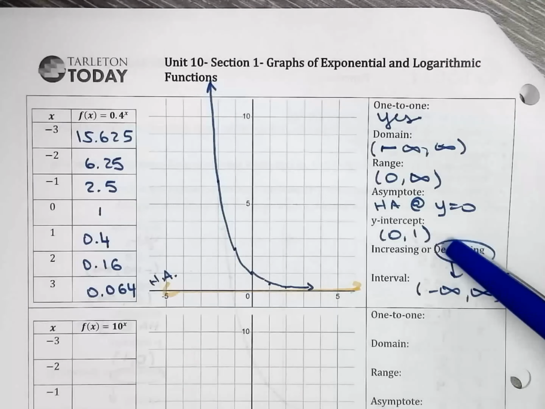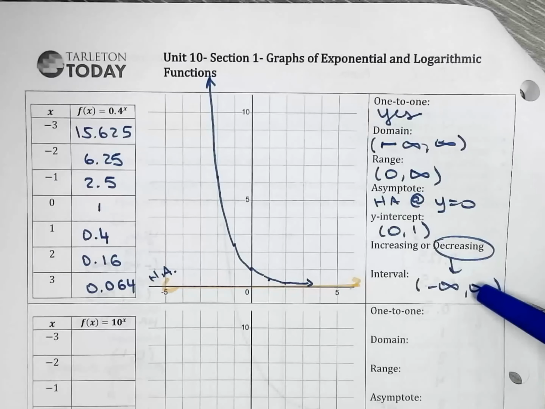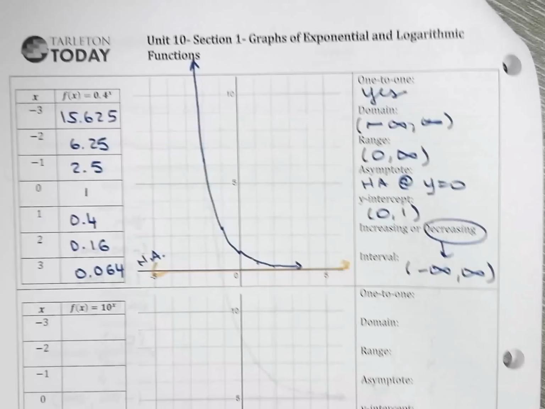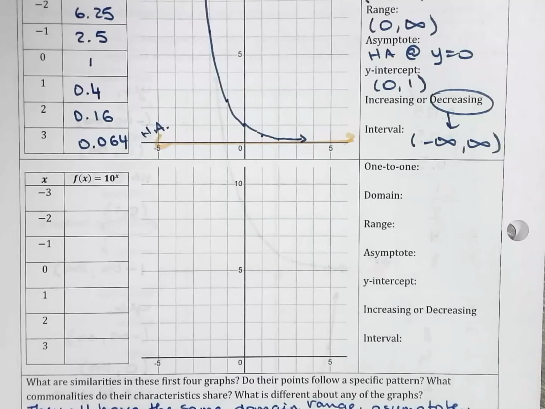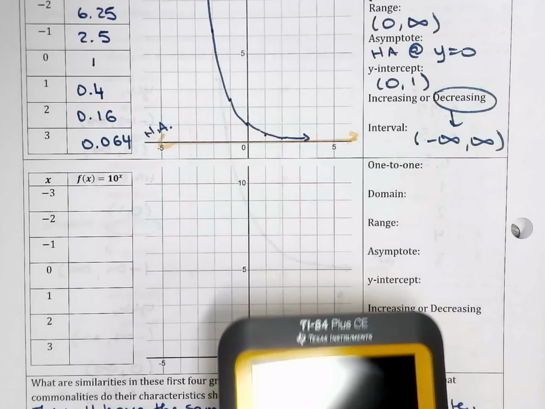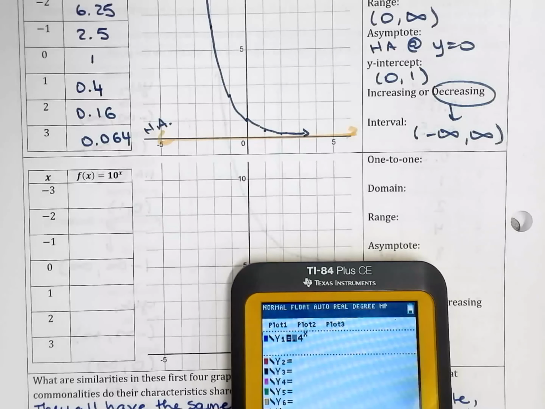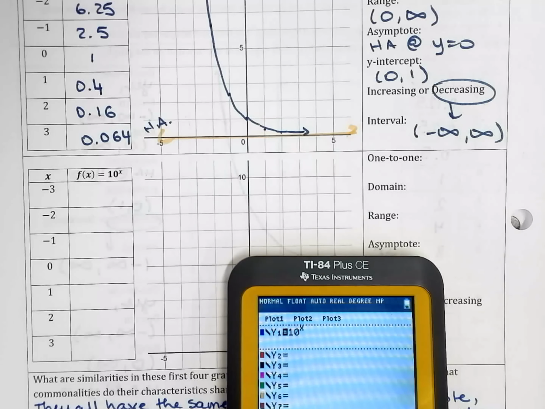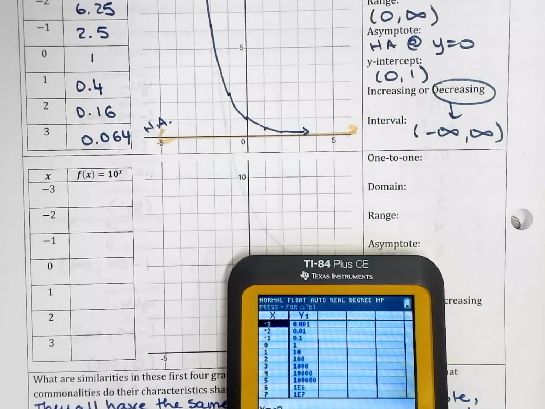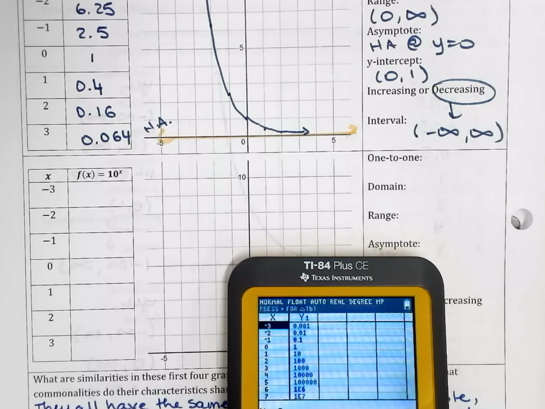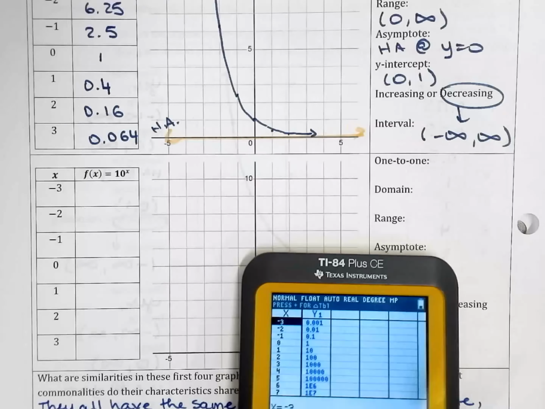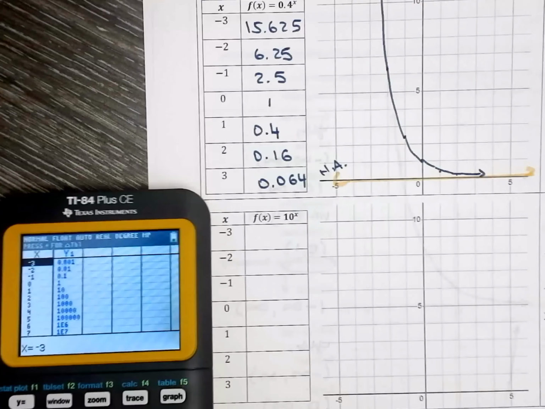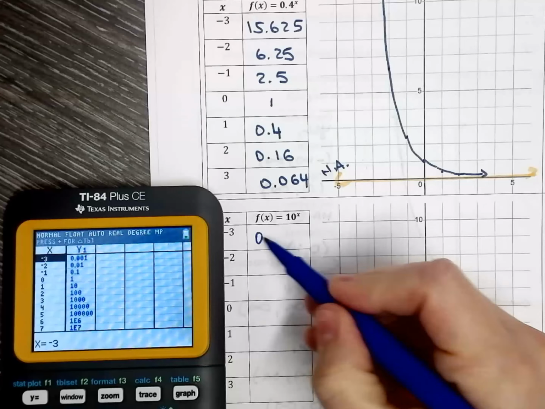The previous video we finished this third example right here. This is page 2, and we're going to work on the fourth example here. As we've been doing, we're going to go to y equals and put in 10 raised to the power of x, and then we're going to change that table. A couple of things, oh no, this one you can just copy. That's good. So here we are, -3,